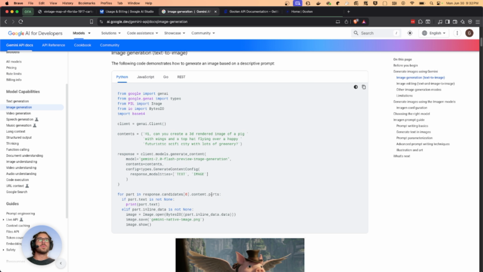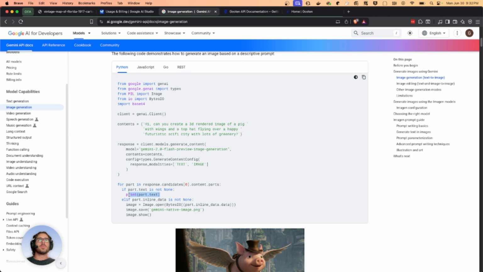And then what happens is we get the parts of the content. If text is not none, we're going to print it. And then if inline data is not none, then we're going to open up those bytes in this image object. And then we're going to save it, excuse me, and then we're going to show it. So what I did was I went ahead and grabbed this and put it into